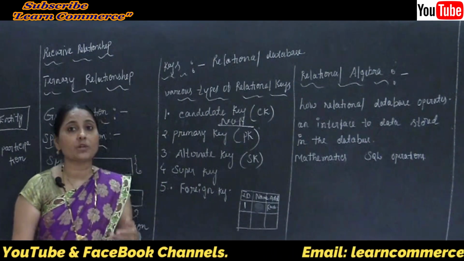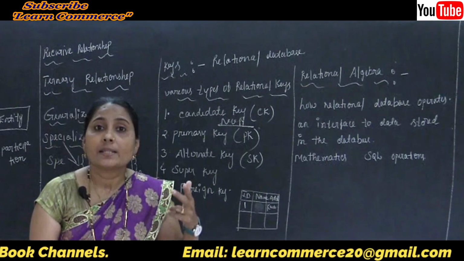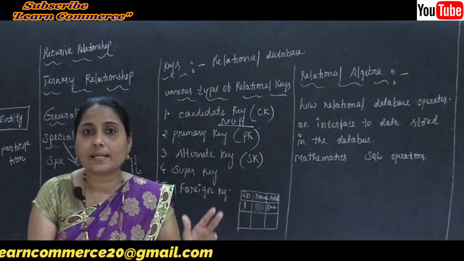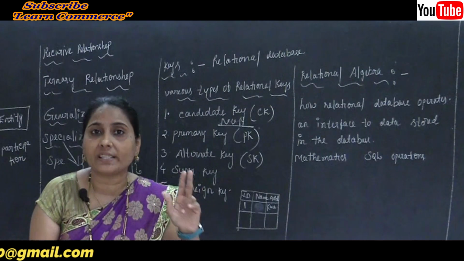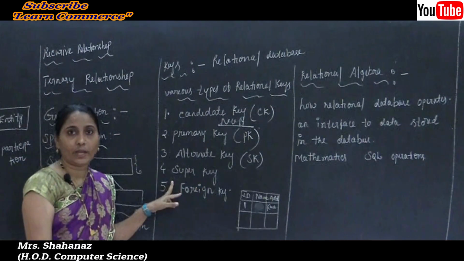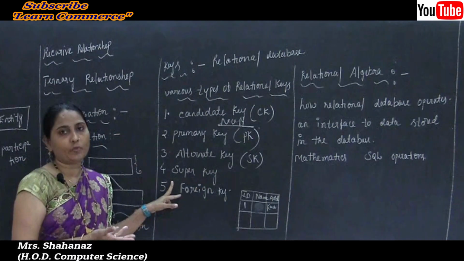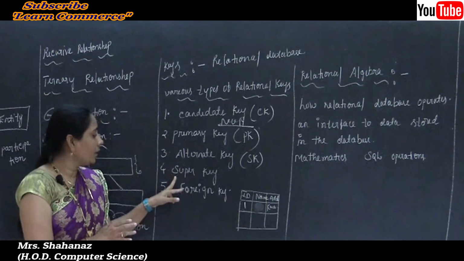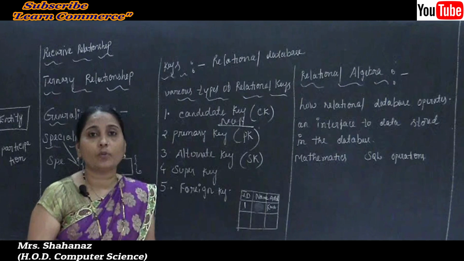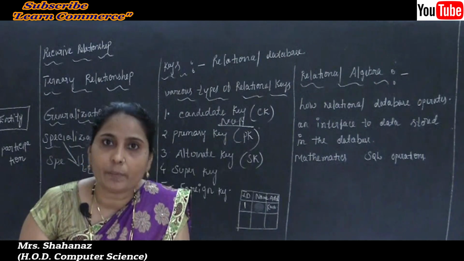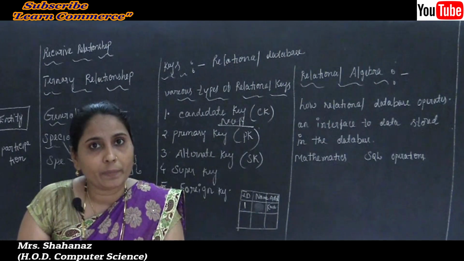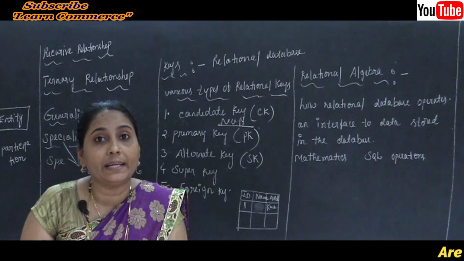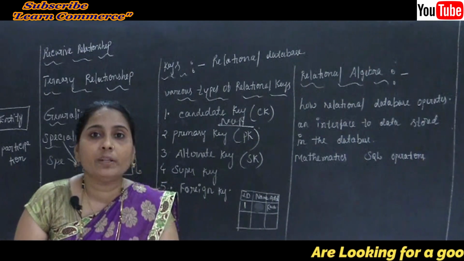No two rows share the same values for those sets here. Or simply we can say the super key is a superset of the candidate key, because we know the meaning of the candidate key, the value is not going to repeat. In simple meaning, we can say that a super key is an attribute or set of attributes that uniquely identifies a tuple within a relation.